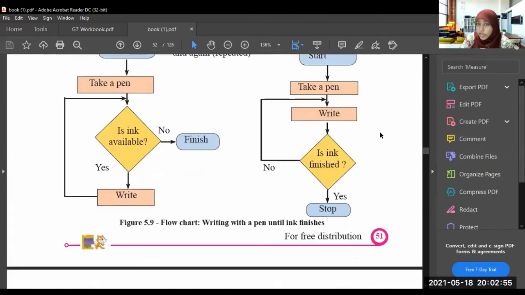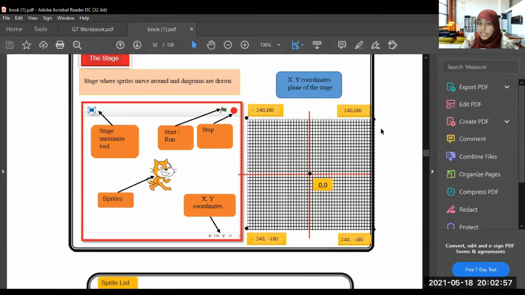This stage, okay? This stage is divided like this. There is a diagram around the stage. When the sprite moves around the stage, there is a diagram. According to the diagram, there are numbers, right? For an example, if my sprite is here, there is a number for this location. It shows here, okay. Now for an example, I will show you.